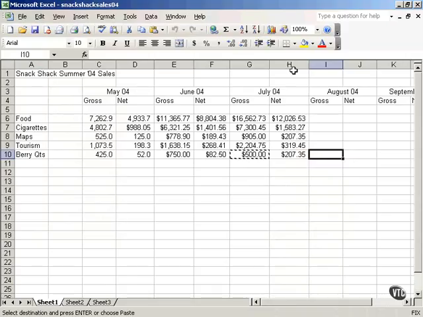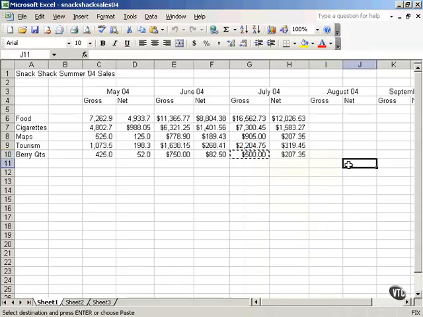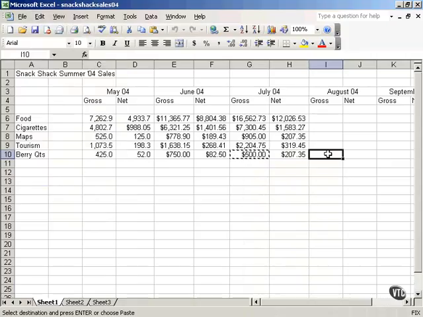We can choose Paste up here from the toolbar icon. We can right-click and choose Paste. We can also go up here under the Edit menu and select Paste, or, using our keyboards, we can press either Ctrl+V or press Shift+Insert, such as we'll do here, and you'll see that the material has been copied to